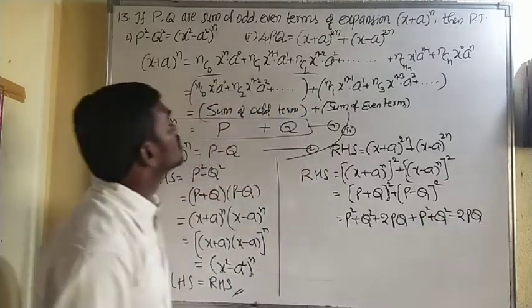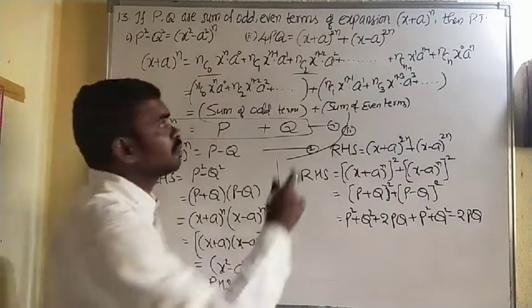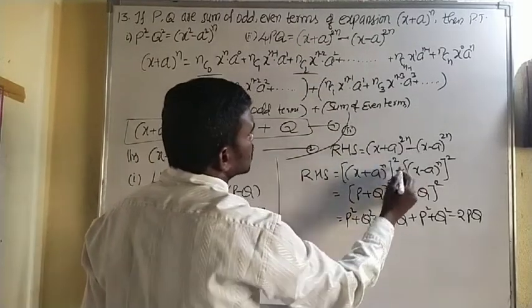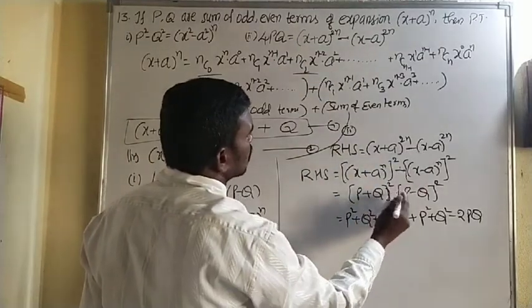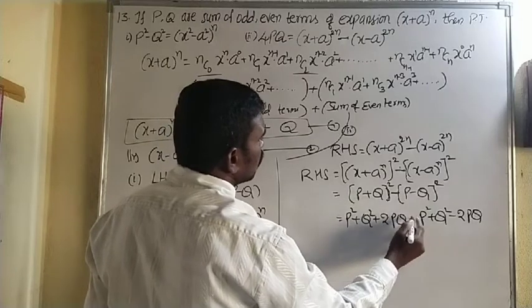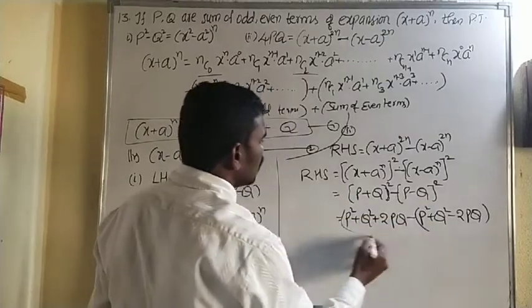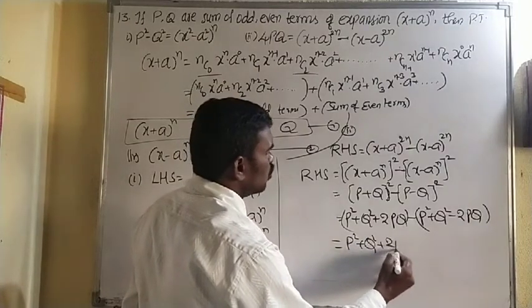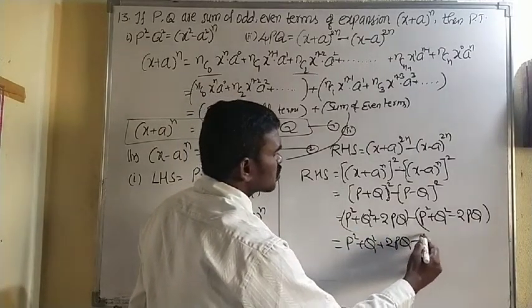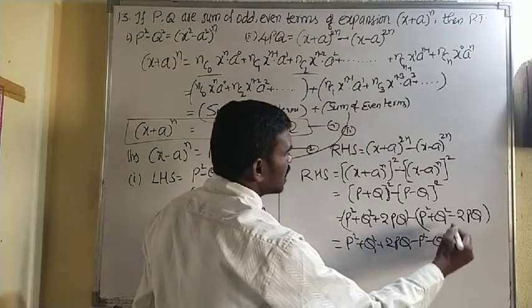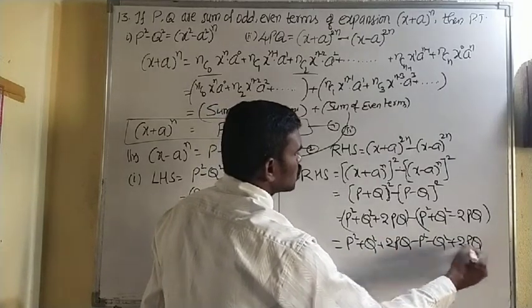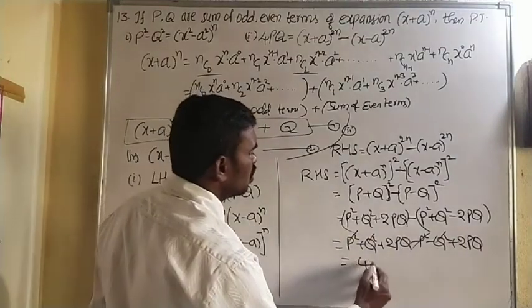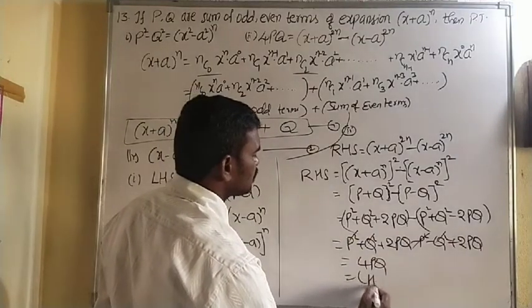See, I think something is wrong. I think the question, sorry, not plus, this is minus. So it is minus, minus, minus. So minus half. In the left hand side, easily p square plus q square plus 2pq, and this will be minus p square minus q square minus into minus plus 2pq. So automatically p square and minus p square cancel, q square and minus q square cancel, 2pq plus 2pq, 4pq. Got it LHS?